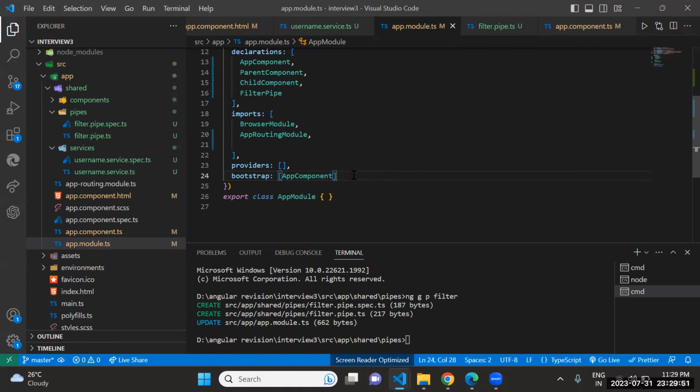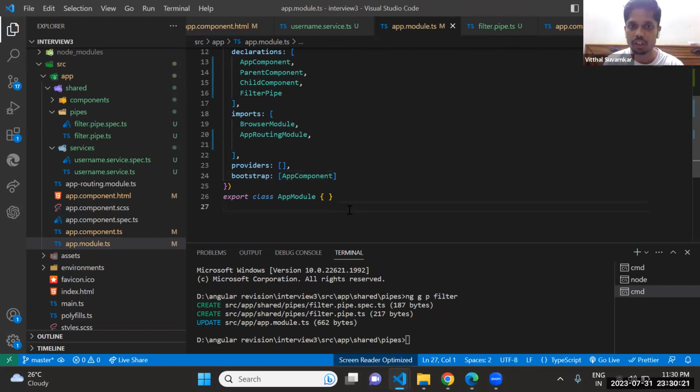What are asynchronous operations? Asynchronous operations means, sir, JavaScript is a single-threaded language, so code will execute line by line. But if we get data from the backend through an API, that is the asynchronous behavior of JavaScript, where data will not be executed line by line. We can say it like this, sir.